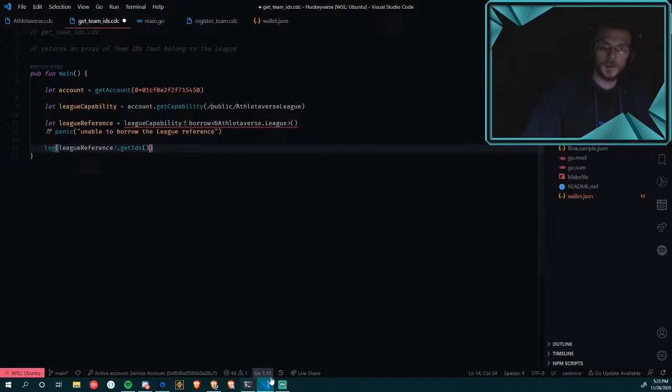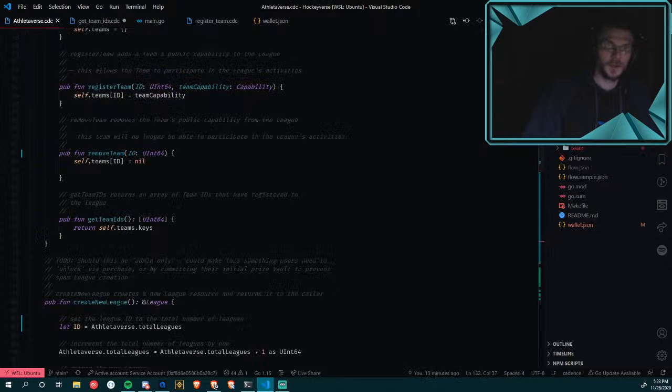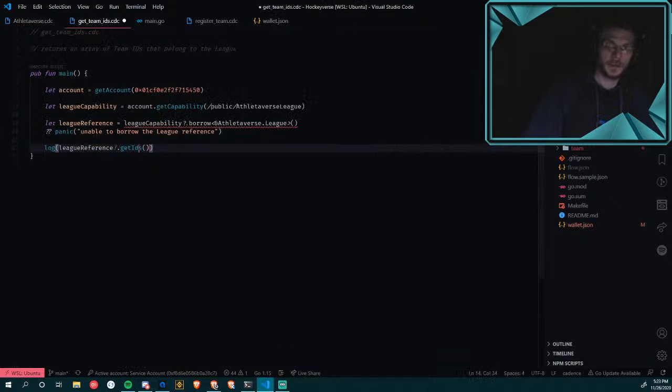What am I doing? Team IDs? It's probably get team IDs, right? Yeah, team IDs. Ooh, ugly. Capital I, capital D, S. Okay, so it finds everything. It's just gonna log those IDs.